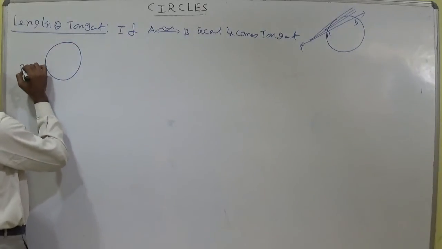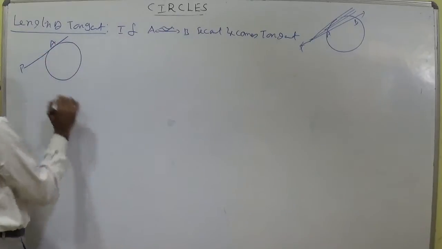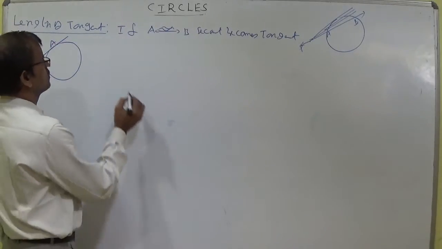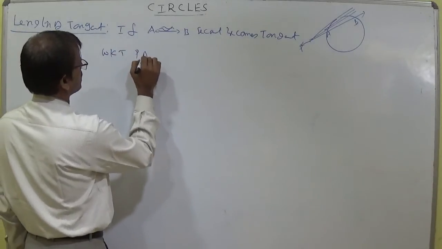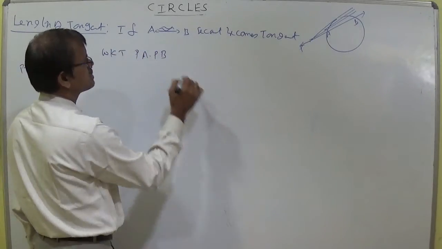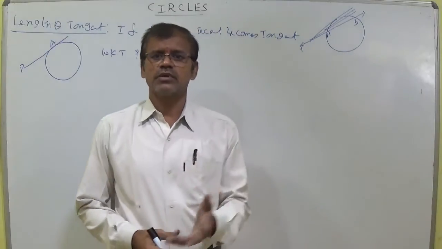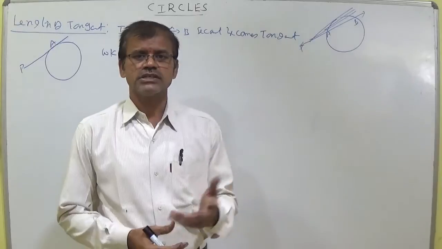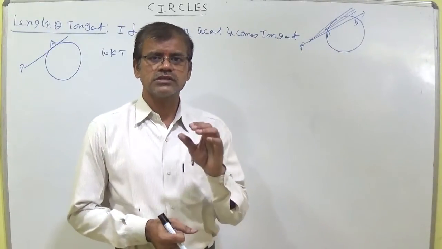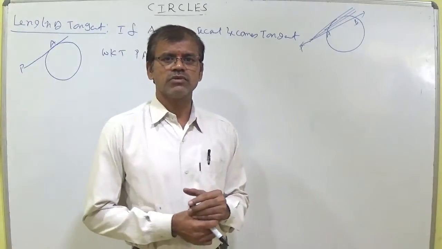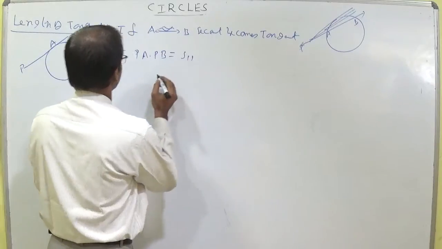Draw like this now. Put only one name, PA, that's all. So, we know that, just now, using any circle, not only the circle having center 0, 0, the circle having center minus g comma minus f, the circle having center h comma k, anything, you can say that PA dot PB is equal to S11 is the secant rule.